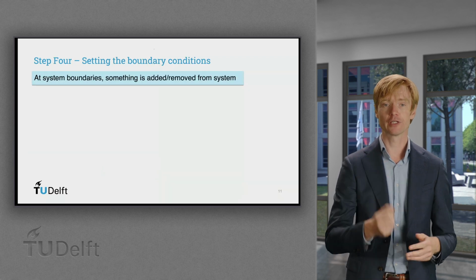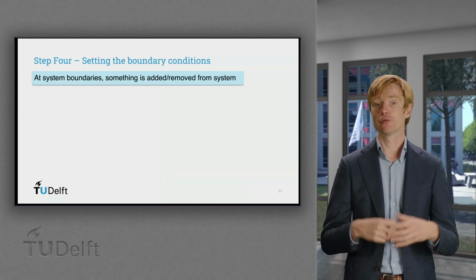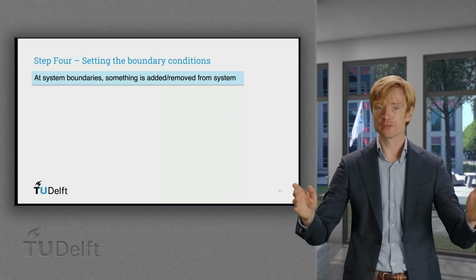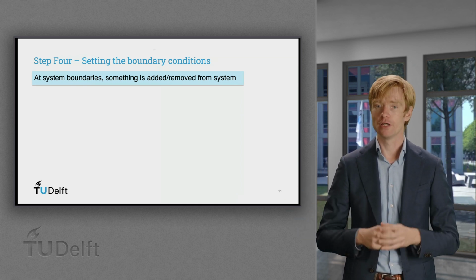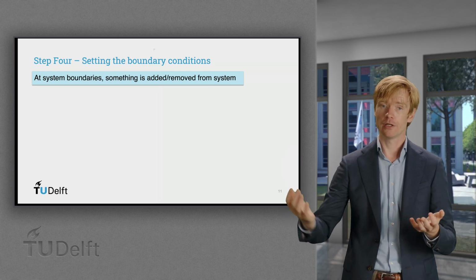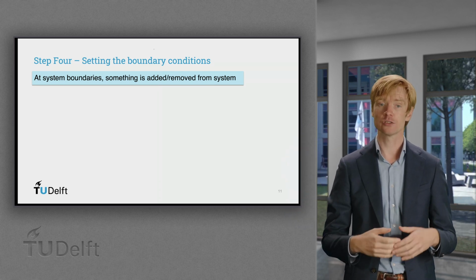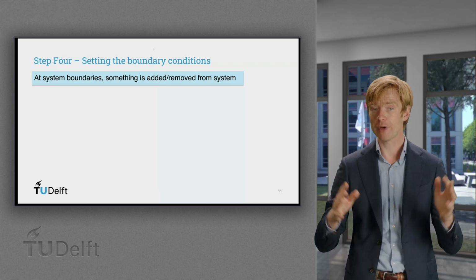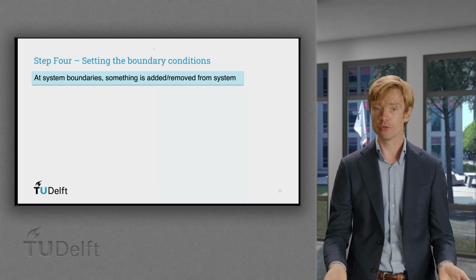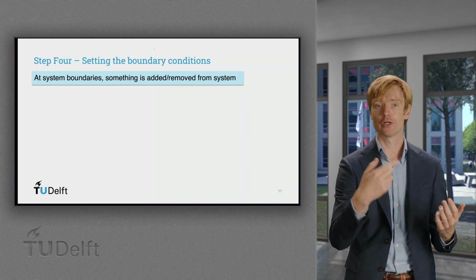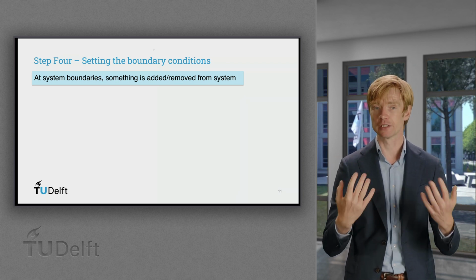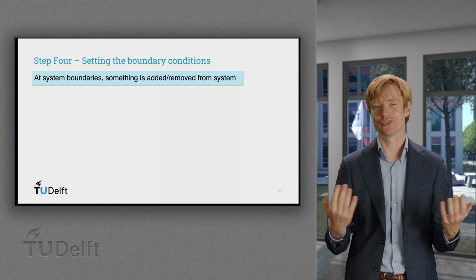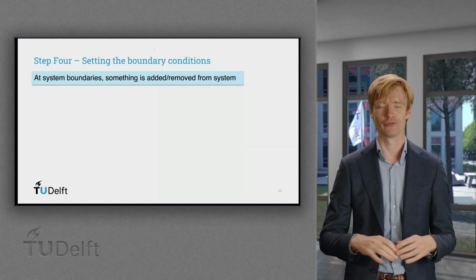Step 4 is setting the boundary conditions. The balance equations are the same in each volume, but at the boundaries things are often added or removed. Heat may be removed through the wall, an inlet may add mass, reactants, potentially also heat, and through the velocity of inflow, momentum. And an outlet removes all of these. An impeller transfers momentum into the system, setting things in motion. And without setting these boundary conditions, a stirred tank would simply be a still tank, and for that we don't